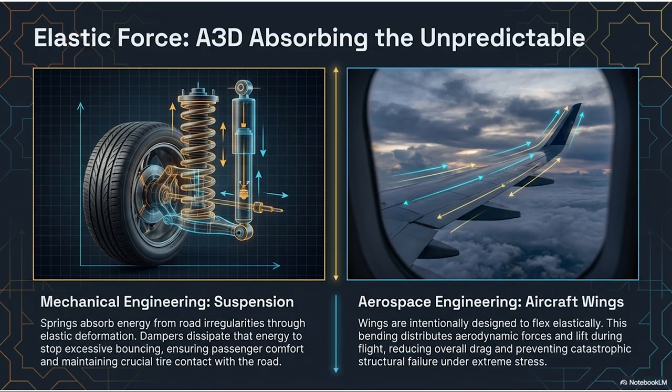Exactly. And while that's nauseating for the passenger, it's actually deadly for the driver. Because when the car bounces upward, the tire lifts off the road. When the tire lifts off the road, your normal force drops to zero. And if the normal force drops to zero, as we learned earlier, friction drops to zero. You have no grip, you can't steer, and you can't brake. Precisely. That is why engineers pair the elastic spring with a damper, which is commonly known as a shock absorber. The damper uses hydraulic fluid to resist the bouncing motion. It dissipates the stored energy from the spring as heat.